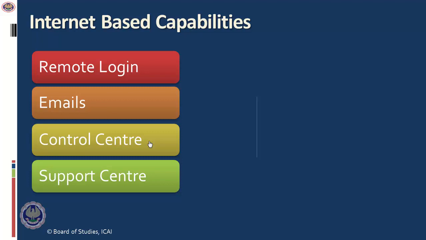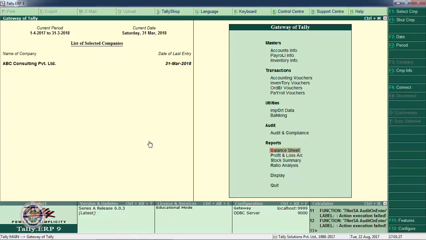You can go to Tally. You can export the Tally balance sheet to Excel, PDF or JPEG. Then you can open your email account with user ID and password. Then you can write the email and then you can attach the file and send the email. But instead of doing this, it can be done through Tally only. Let us now go to the Tally and let us check how it can be done.